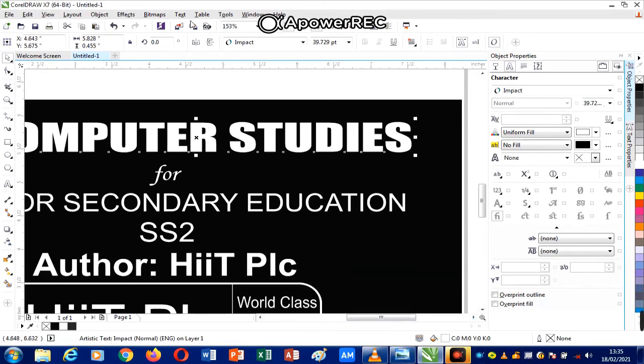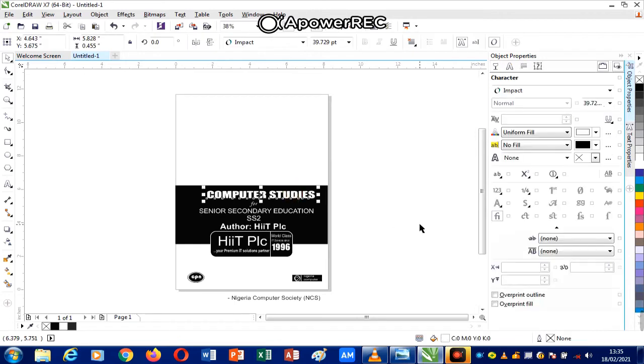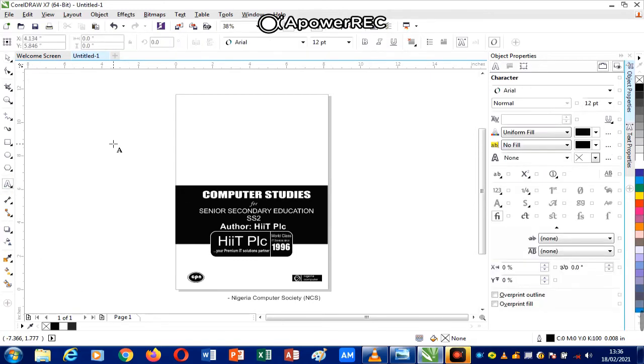So having done that, we can take it back to the page. And this should be properly set in the middle. Then having done this, the next thing to do is to put the next text, which is best IT